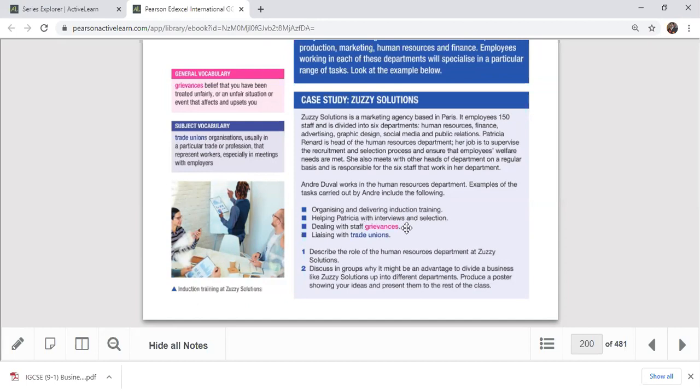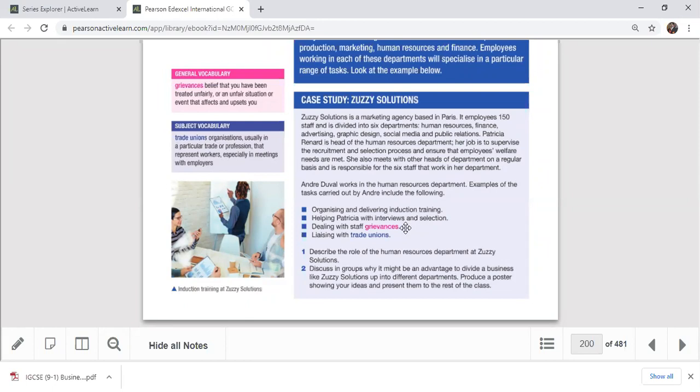Because if you're upset like that, you can't be productive. You can't even be motivated. You don't have the motivation to work. So as a human resource department, you should look after these matters of your staff members. Sometimes it can be personal matters, private matters, family matters. Sometimes it can be within the organization, like a bullying problem, as I told you. These things must be handled carefully. Listen to these things. So it's called grievance handling.